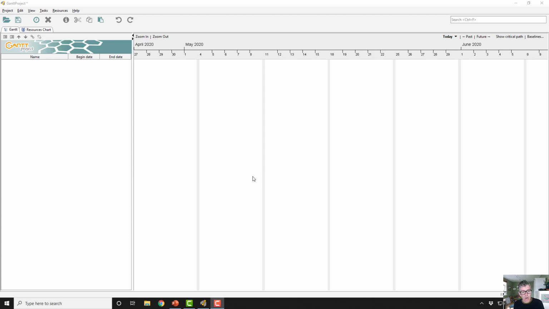If you're wanting to build a Gantt chart using software, I would recommend using some of the specific project management software rather than trying to do something like this in Excel. The one that I recommend is a software called Gantt Project, which you can see on screen at the minute. The reason I recommend it is that it's free and it also is available in PC and Mac distributions, which I know will make a difference to many of you.